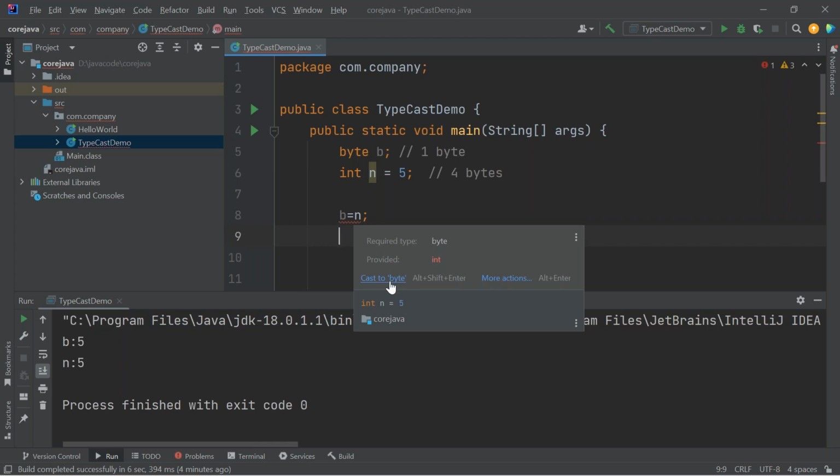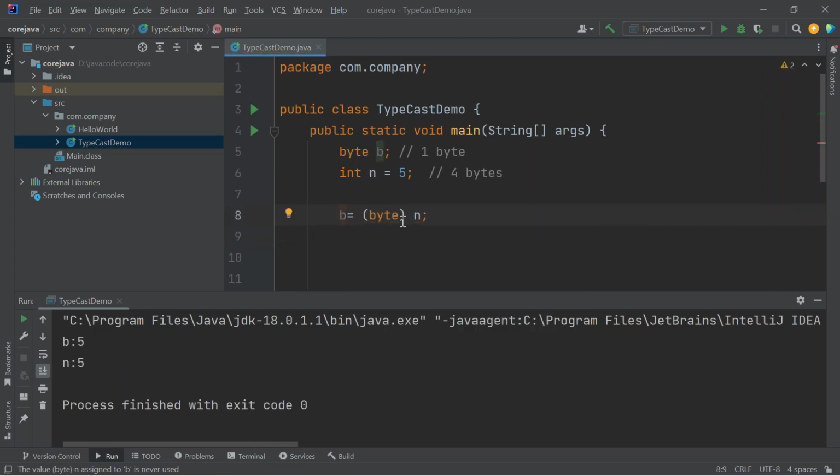So what it is, I have to introduce the casting. That is, temporarily, I will change this integer, that is the n variable, into byte, and I will assign it to b. Some temporary manipulation I'm doing. So I'm writing one small code, that is within the brackets, I'm typing byte, which means that temporarily I'm modifying this integer into a byte and then I'm assigning it to the byte variable b. Now the byte variable is able to accommodate that and it's not throwing me any error. This type of typecasting is called explicit typecasting